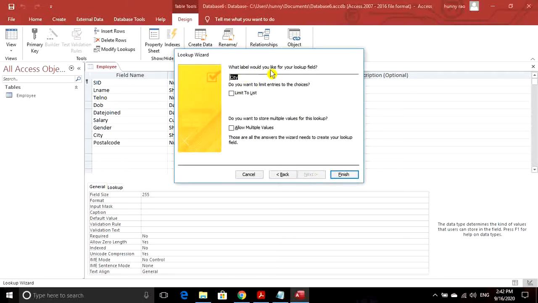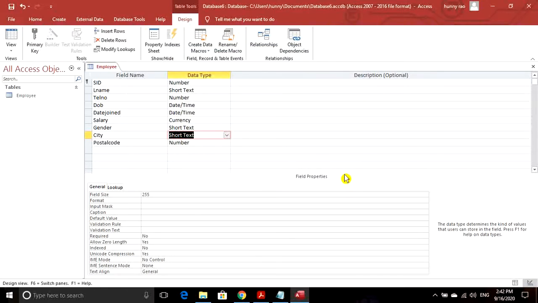What label would you like for your lookup field? I will leave it as city. Do you want to store multiple values for this lookup? If you want to select more than one value, you can check this box. And then we will finish it. Okay, so now we have seen how we can use lookup wizard on the field. When we are entering records, I will show you how it works.